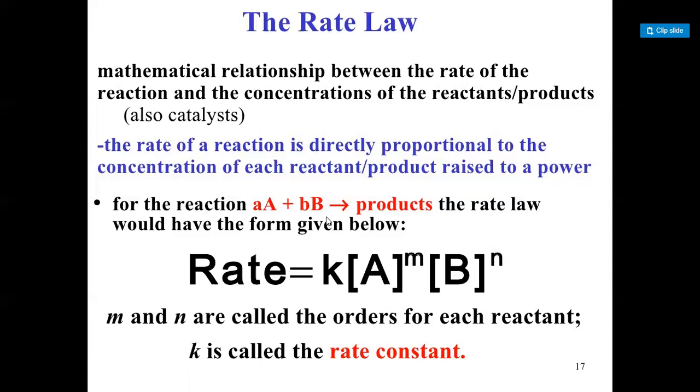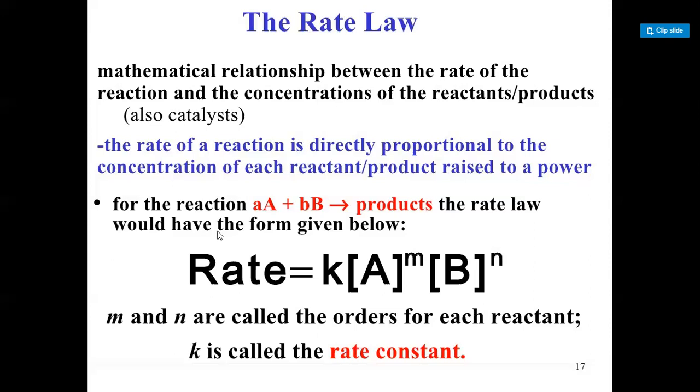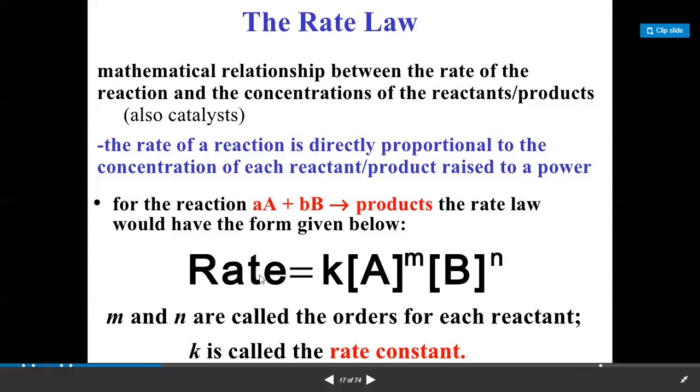So that means considering the concentration of reactant. Or else you can also express the rate of reaction by considering the concentration of product. But conventionally, we follow the law of mass action. According to the law of mass action, the rate of reaction is directly proportional to the concentration of reactant. Here, K is the proportionality constant. So therefore the rate becomes equal to K into the concentration of reactants.